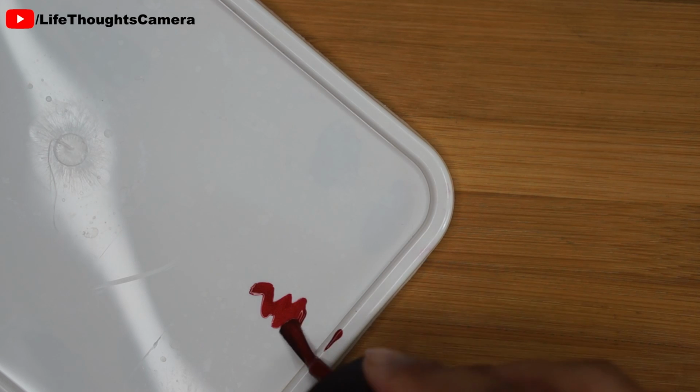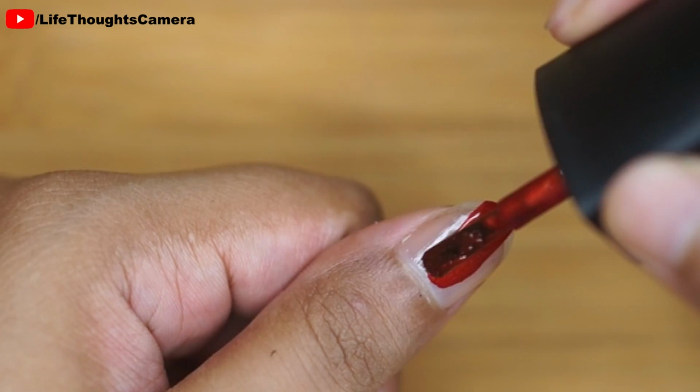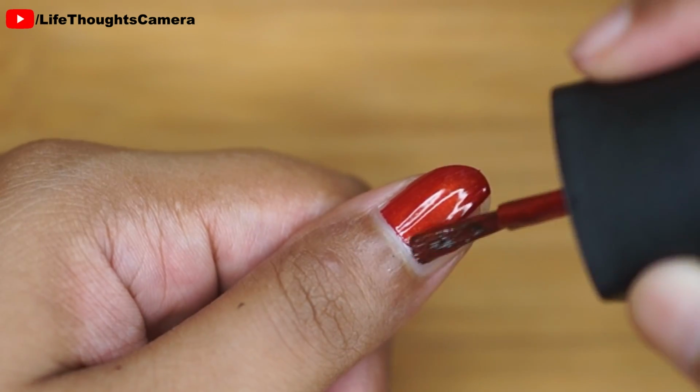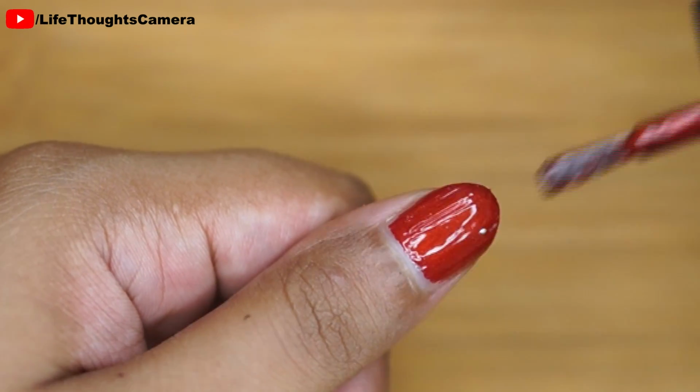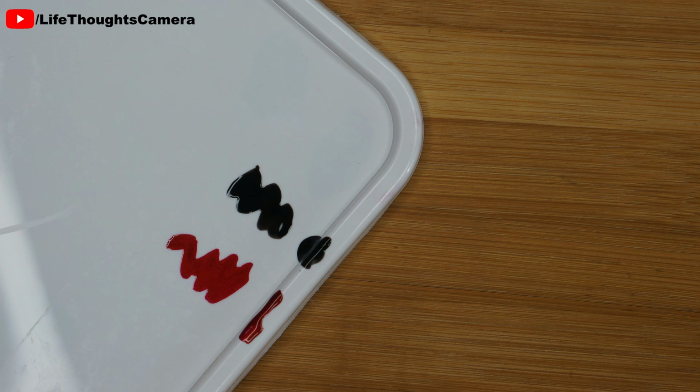I have selected a red nail polish that I already have in my collection. As you can see, the color is a bit dark, or you can say deep in the shade. So I have decided to apply this on my thumb fingernail and make it darker as I move towards my pinky. Now the next step is for creating the gradient effect